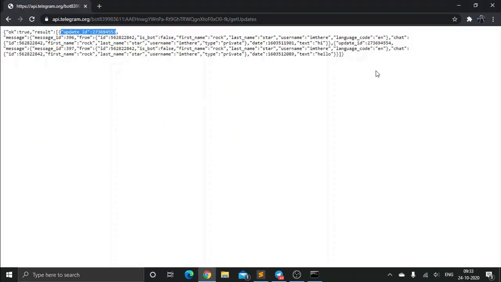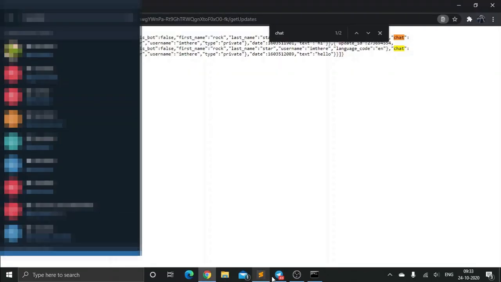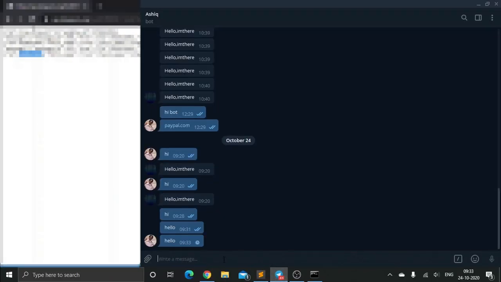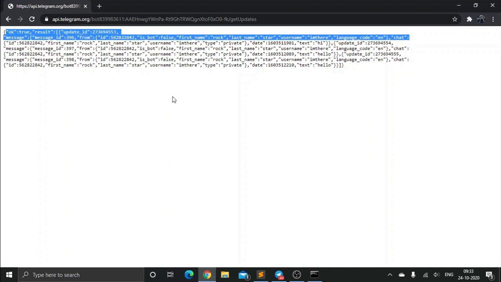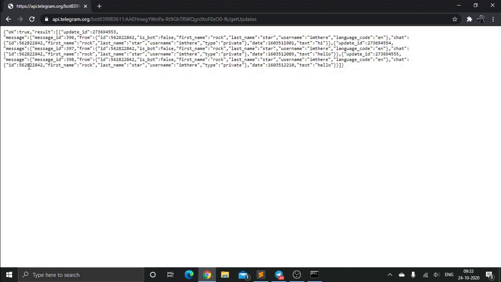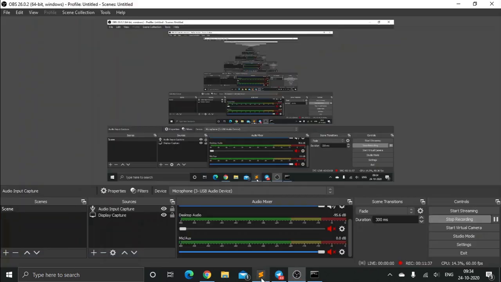The reason we are extracting the chat ID here is, let's see this, chat and then the ID. The chat ID is specific to a user. Here it is the same because I am the only user which is firing this chat ID. And the update ID is pretty much an update message for a unique user or for an existing user as well, and the chat ID is the same because I am the only one who is chatting with this bot.